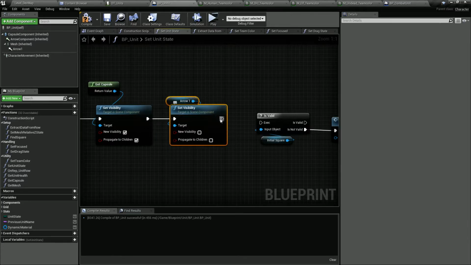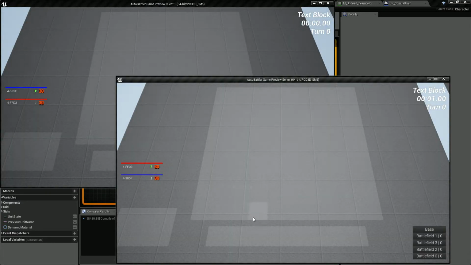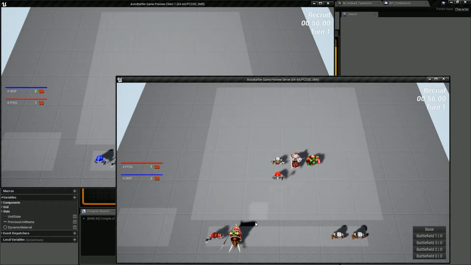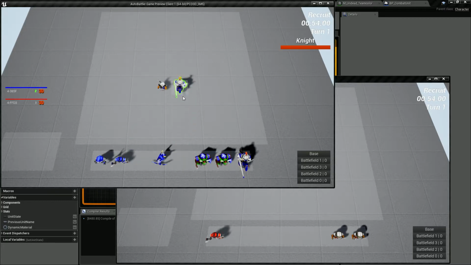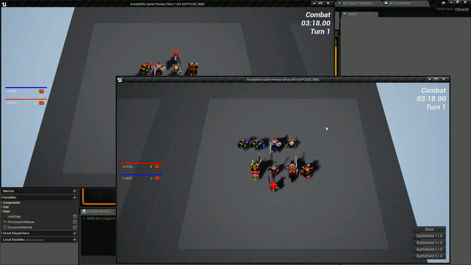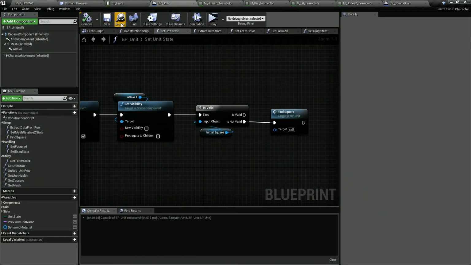After modifying the capsule, we'll hide the arrow. Yep, like this. Let's hit plus. So we can see they are changing their